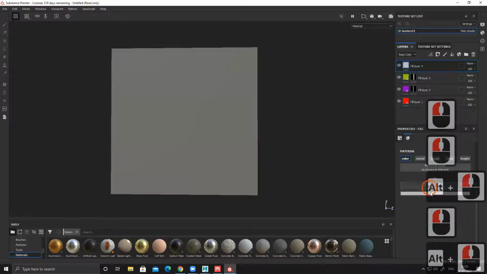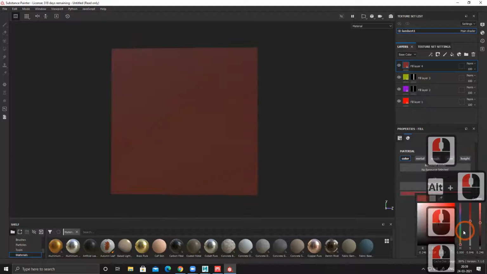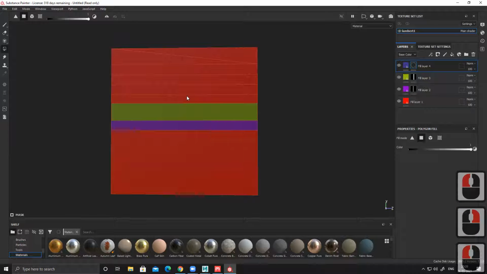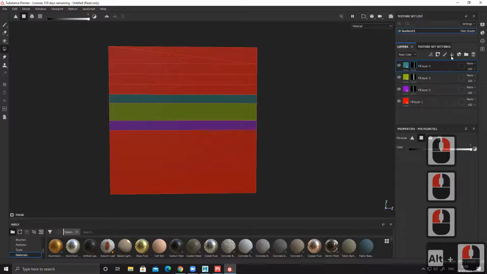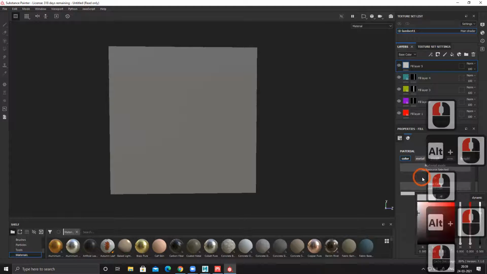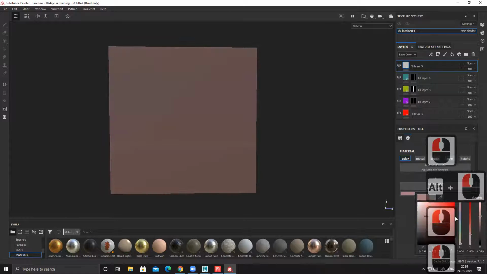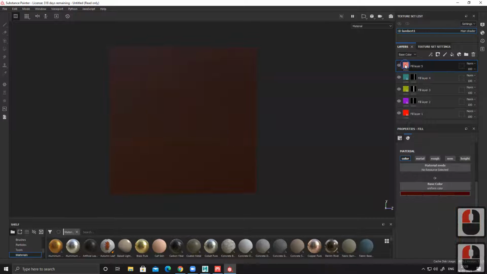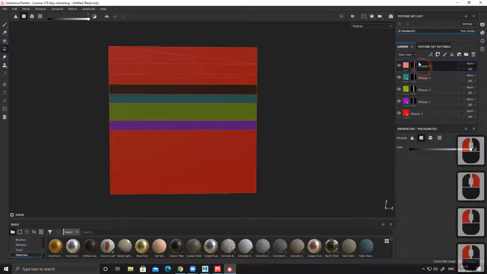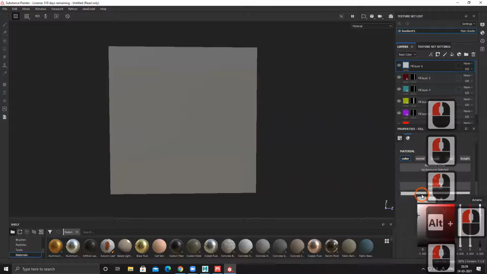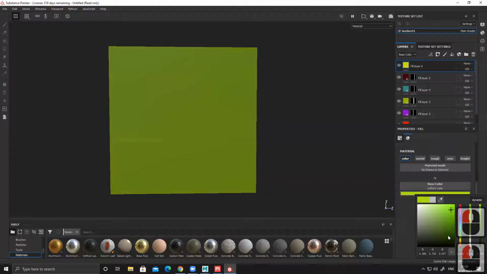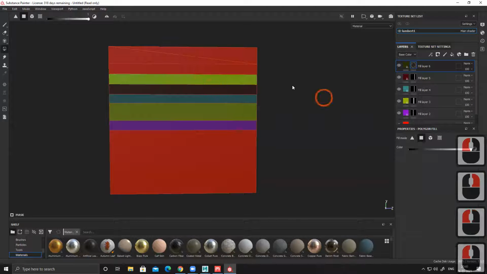One more color. The only thing I have to make sure is that every color is different. That's the only thing. Each and every color should be different, otherwise it will become difficult to create this texture. Something really dark red, black mask. Only yellow, black.